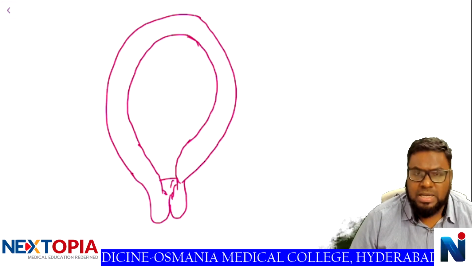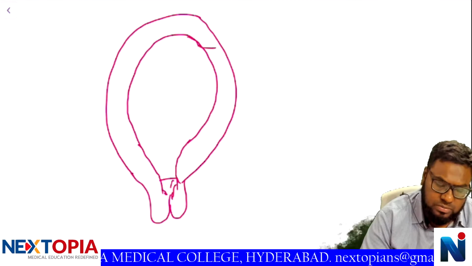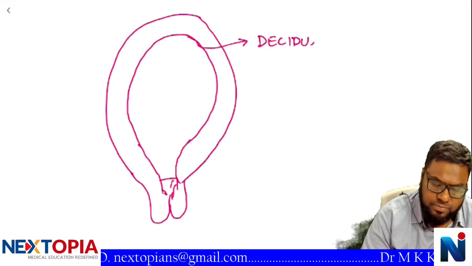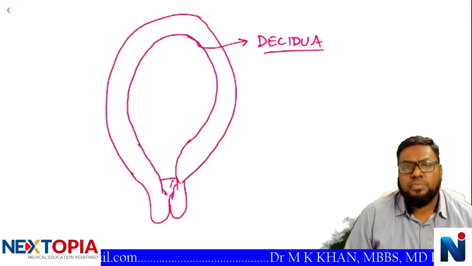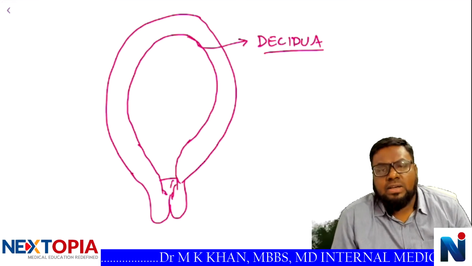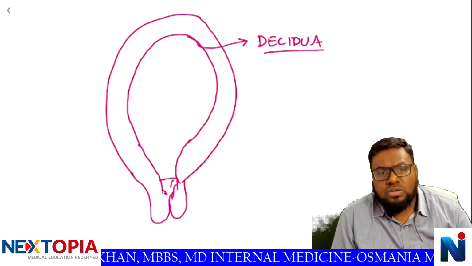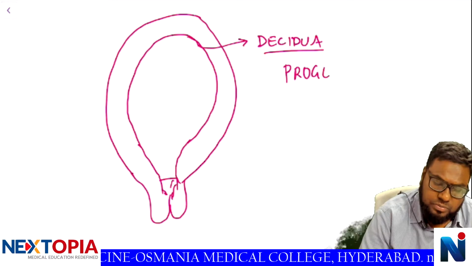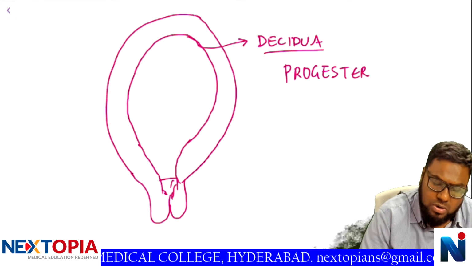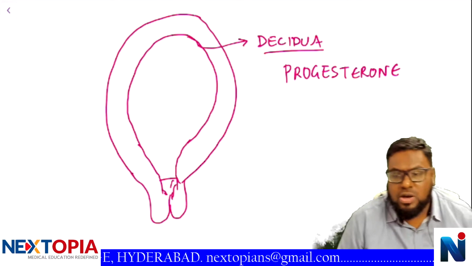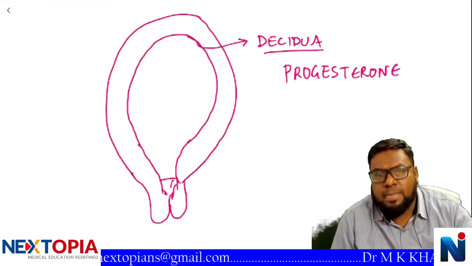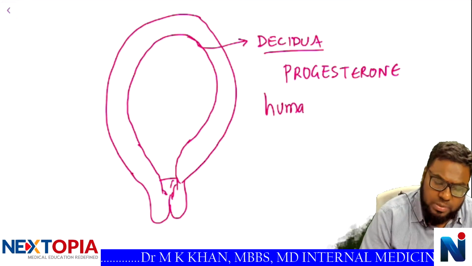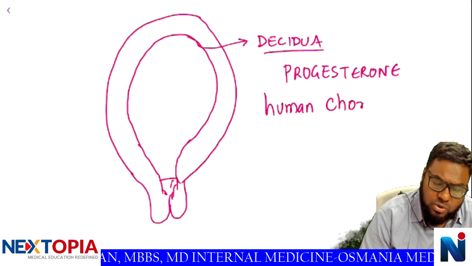After implantation of the blastocyst, the endometrium is called decidua. So what are the changes occurring? We have seen that because of secretory changes, because of the progesterone hormone released from the corpus luteum, and under the influence of human chorionic gonadotropin,